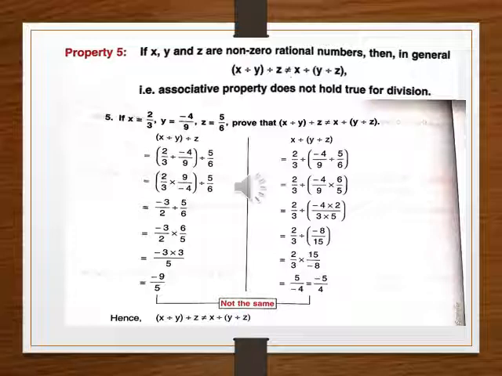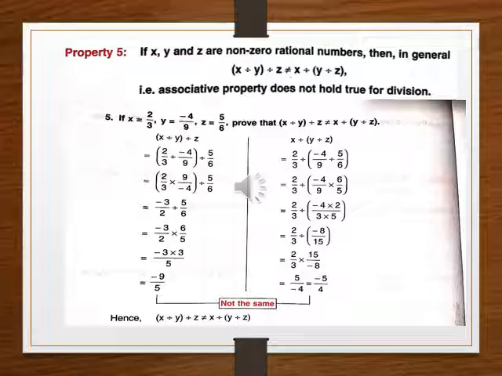So in subtraction and division we are not going to change the order of the numbers, because the answers we get will be different. But we can change the order of the numbers, means we can change the sequence, first becomes second, second becomes third, in addition and multiplication, but not in subtraction and division. So this property is known as the associative property. For two numbers it is the commutative property, and for three numbers it is the associative property.